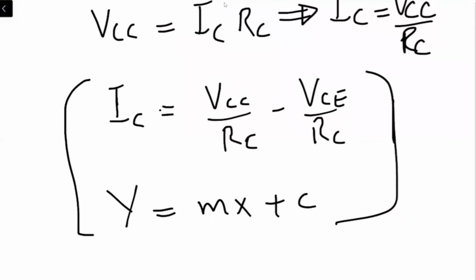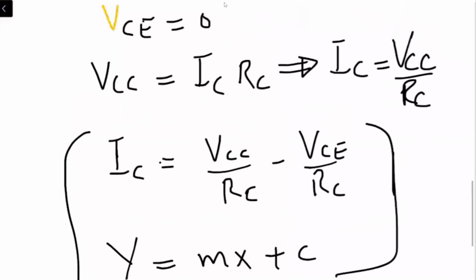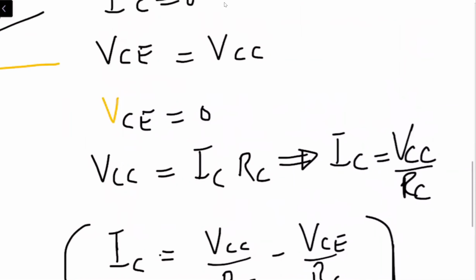VCC by RC is represented as C, and minus 1 over RC is represented as M, where M is the slope of the line, and VCE and IC are represented as X and Y in the equation. And therefore, when we put IC is equal to 0, we get 1 point of the line. When we put VCE is equal to 0,